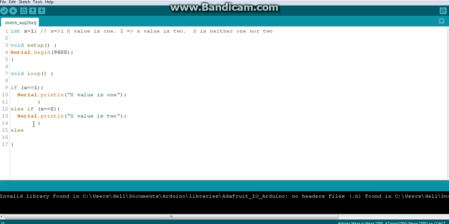So I will have an else. That means this is also false, this is also false, so I don't have any other checks. For any other value, I want to have another scenario. So what is the scenario, guys? I want to say, okay, to save the time, I will copy this message and paste it here. Okay guys, so I will remove these comments.